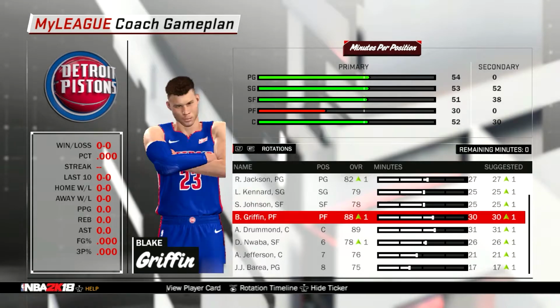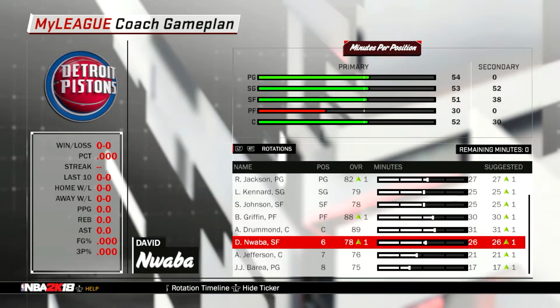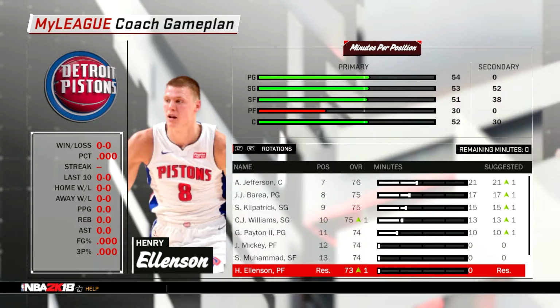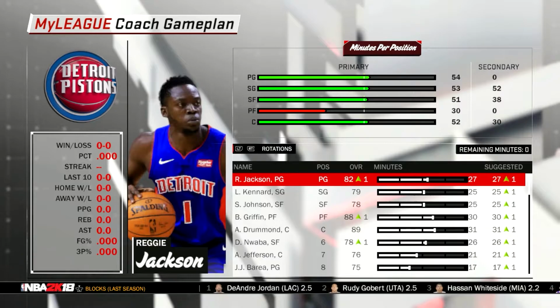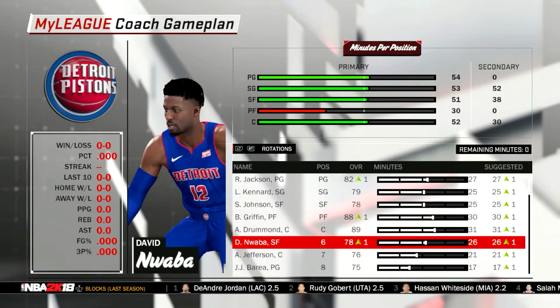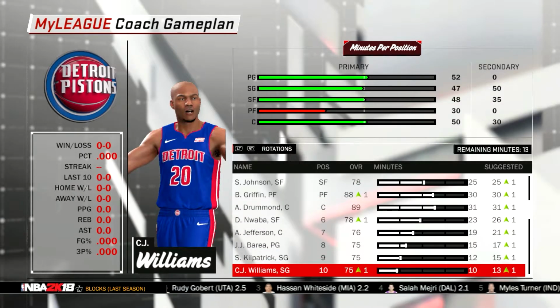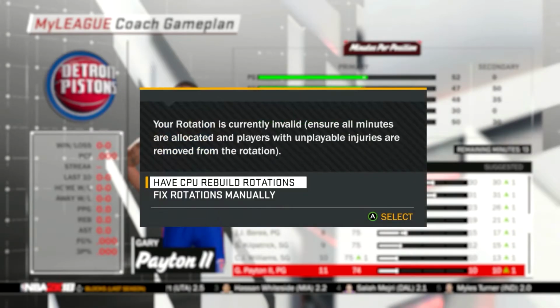Jackson, Kennard, Stanley Johnson, Blake, and DeAndre. I signed David Nwaba, Al Jefferson, and JJ Barea in the offseason. Liking how this team is looking. Need to give some more minutes to our 2 stars. I don't know why it's going so deep into the bench. Wait, why are we...